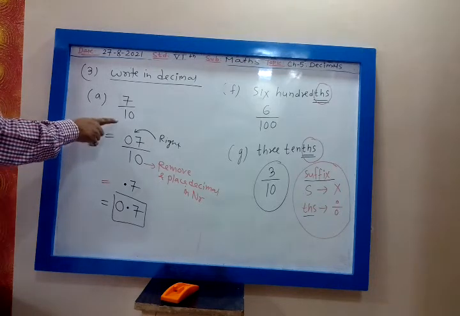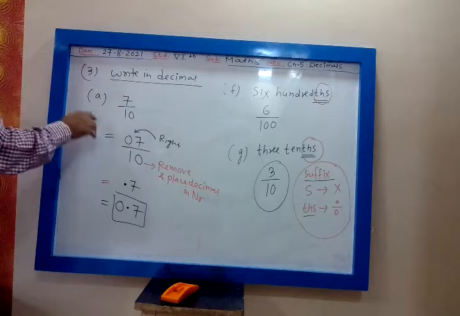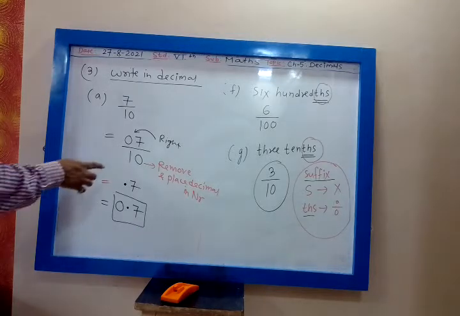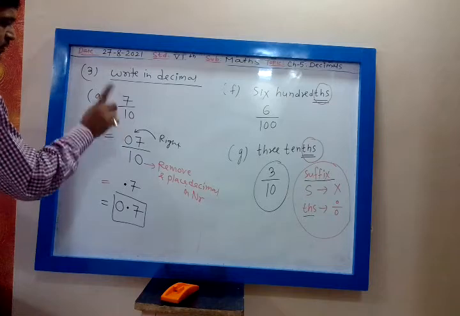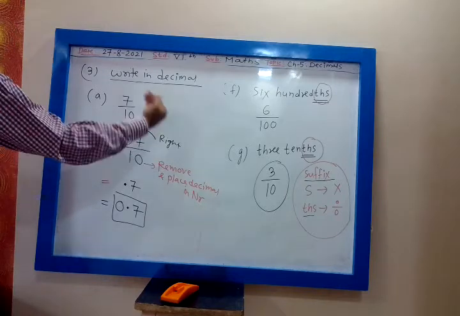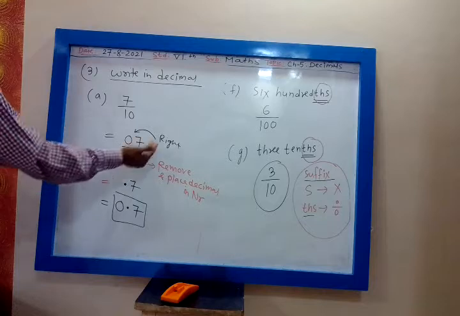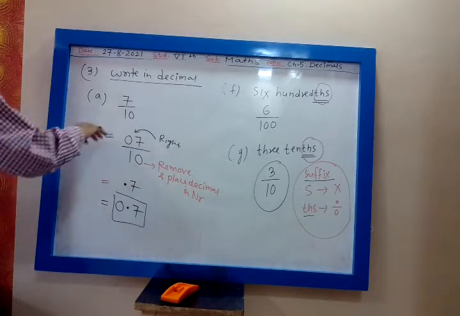So, my dear, how many zeros there in the denominator? That 0 you write before 7, because 05 is same as 5. Before a number, if you add any 0, that does not matter. Now we want to remove 0 of denominator. So move from right and place the decimal after 1 digit. 1 zero, after 1 digit. 2 zeros, after 2 digits. 3 zeros, after 3 digits. 4 zeros, after 4 digits. That's all.